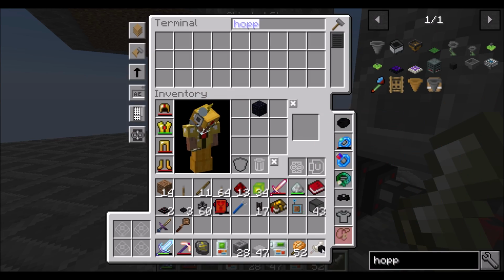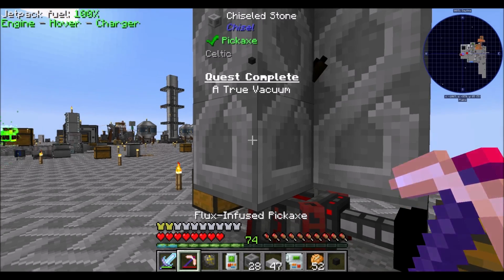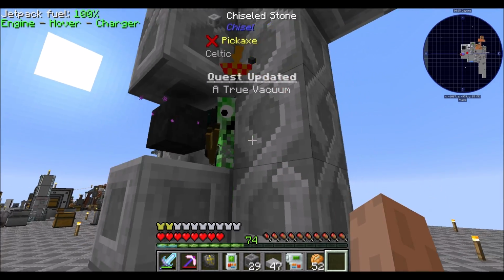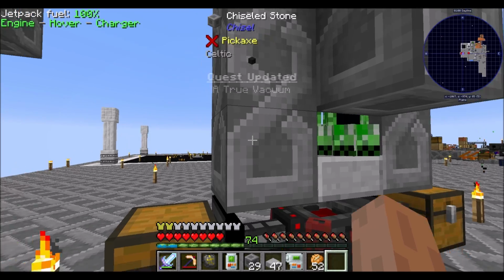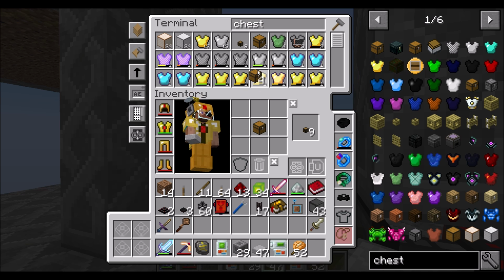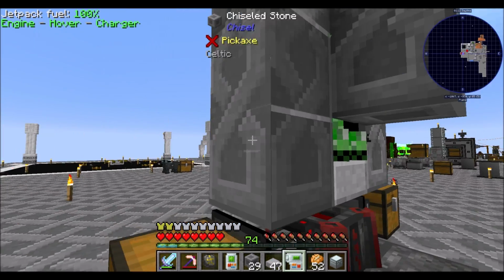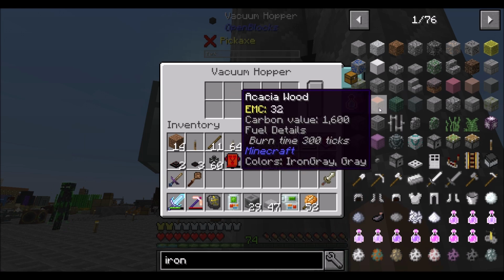See if you're fast enough at least. Because what I'd want to do would be that. And I'd want you to pipe out into some kind of chest. Maybe an iron chest? Is that how it works in this pack? Yeah, it is. For now, iron chest, obviously. And we would...